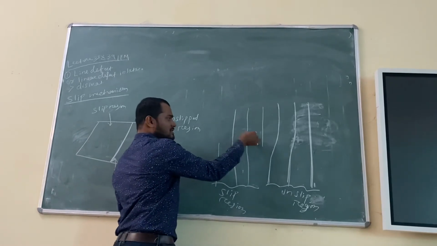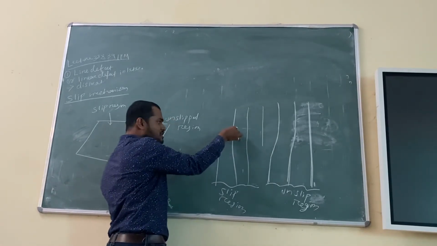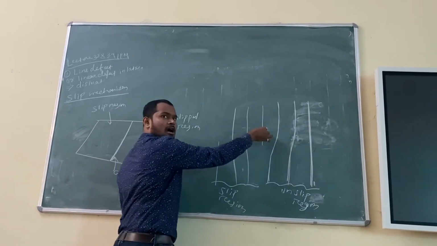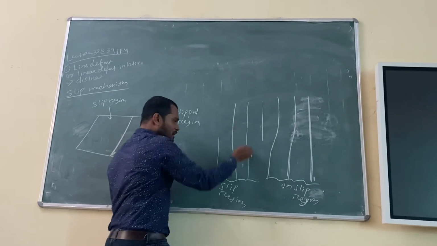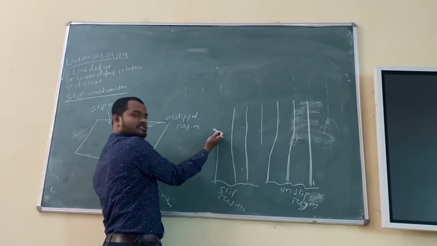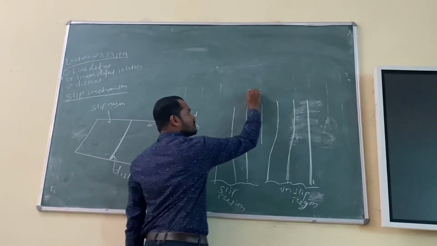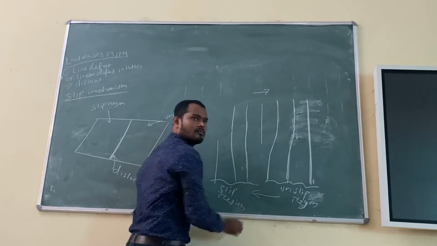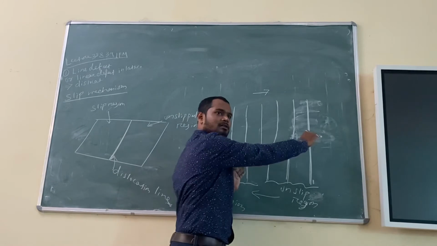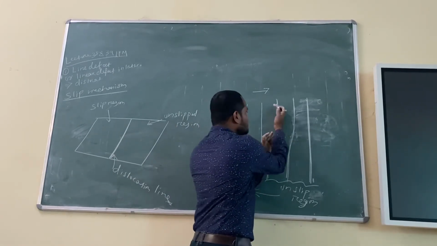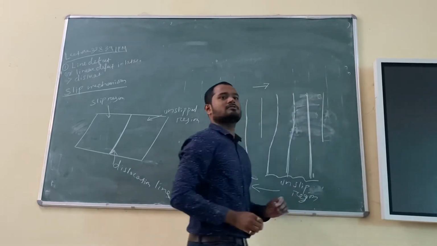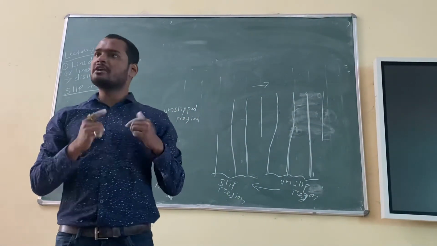Because this was earlier here, and this was earlier here, and this was earlier here. You are getting my point? Just have a look again. This half atomic plane was earlier here, continuous with this one, and this half was initially here, and this half was initially here, right? But these atomic planes are continuous. There is no breakage. If you break it, then what will happen? This will move to this, this part will move to this, and this part will come out like this at the end. You understood my point?